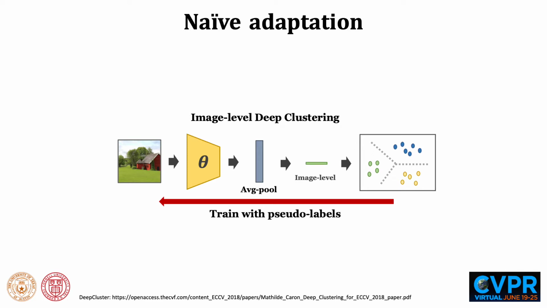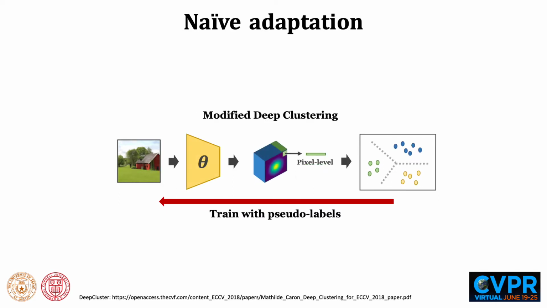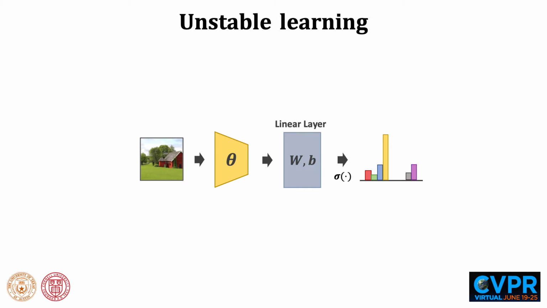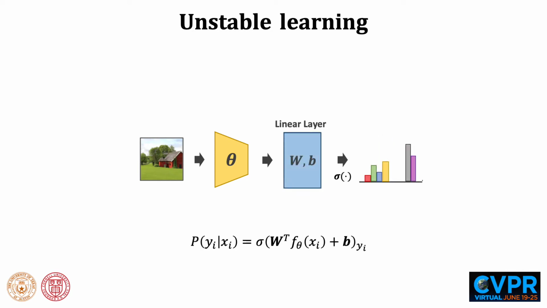One approach to clustering images, Deep Cluster, learns a cluster-friendly embedding in an unsupervised manner by iterating between clustering, pseudo-labeling, and training. A straightforward algorithm for unsupervised semantic segmentation is to adapt this approach to use pixel-level feature vectors instead of image-level features. However, every iteration, Deep Cluster reinitializes a linear classifier from scratch because cluster assignments in each iteration are arbitrary. This leads to highly unstable training with noisy gradients.